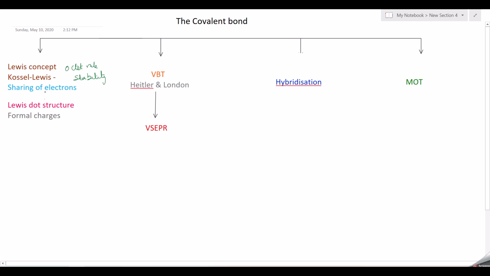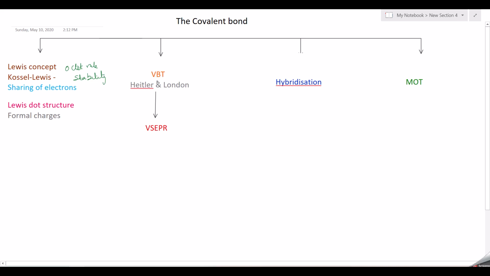So here we have discussed the Lewis dot structure and formal charges. All these things we have done in earlier videos. But this Lewis concept does not explain the shape of the molecule. And these covalent compounds have directional property. So to know about the shape, angle and the directional nature of the molecule, we need another theory called